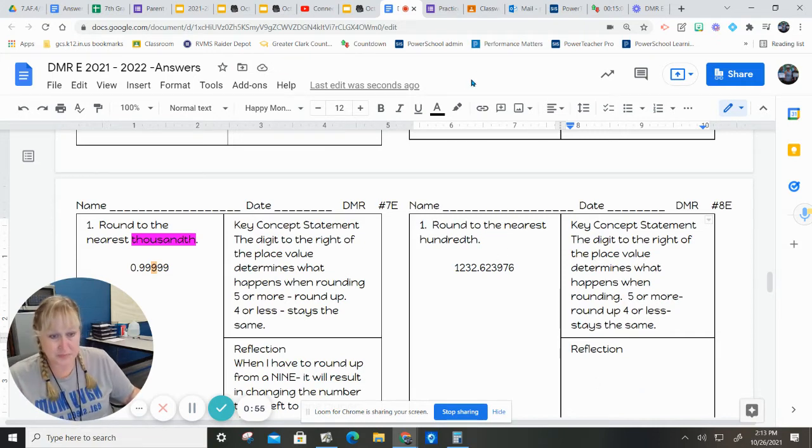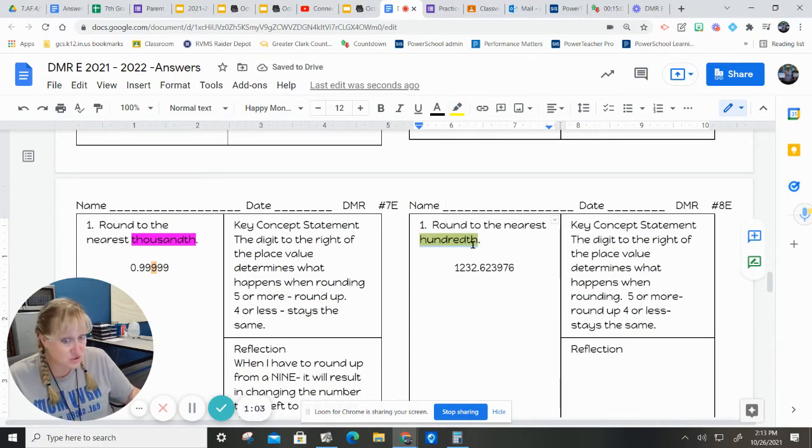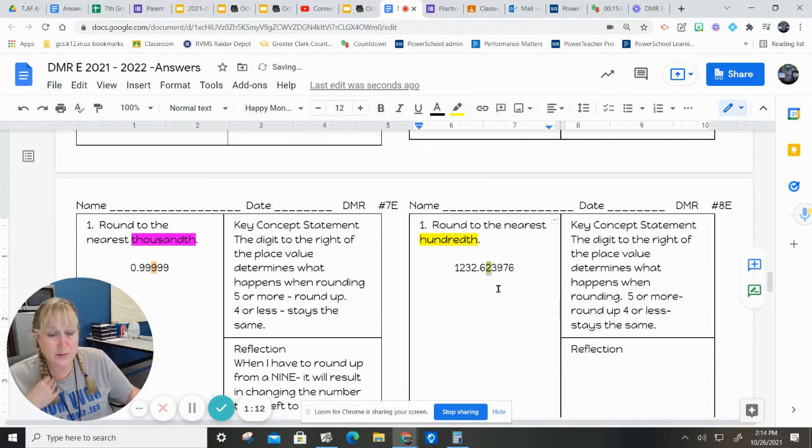So that's why. All right, we are now making sure that we are rounding to the correct place value. So I'm going to highlight this and make sure that I pay attention. That TH means I have to count backwards. Tenths, hundredths. So this is the place value that I need to end with. Okay. In order to do that, I'm going to underline